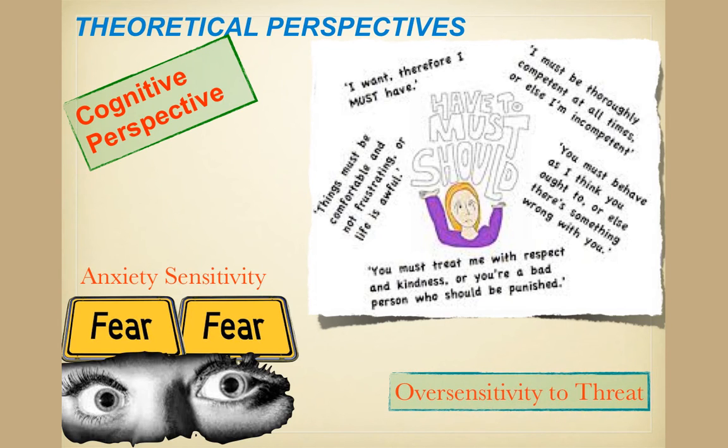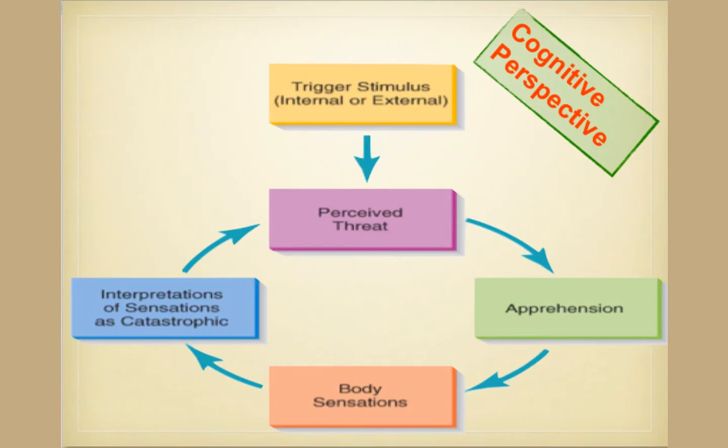Another issue relative to the cognitive approach is what's called anxiety sensitivity, in other words, a fear of fear: that one's emotions or state of arousal will get out of control or have some sort of harmful consequence on themselves or others. The model above suggests that people prone to panic disorders view certain bodily cues, maybe a little palpitation in your heart,